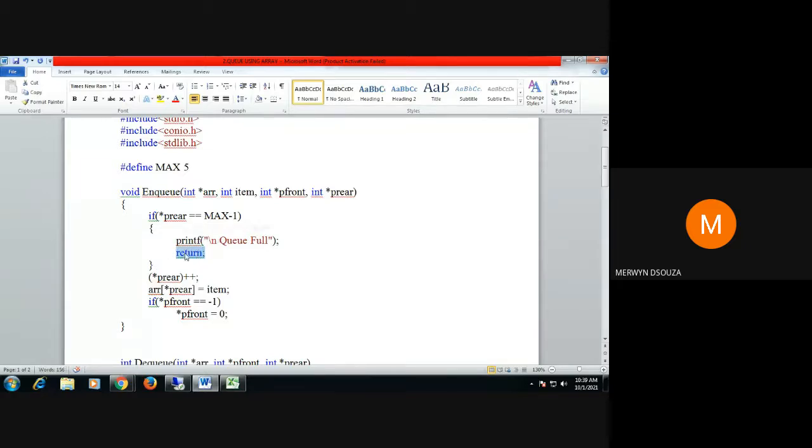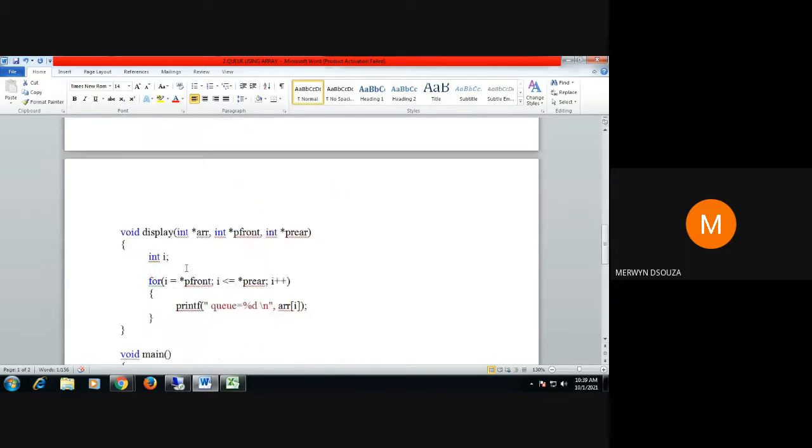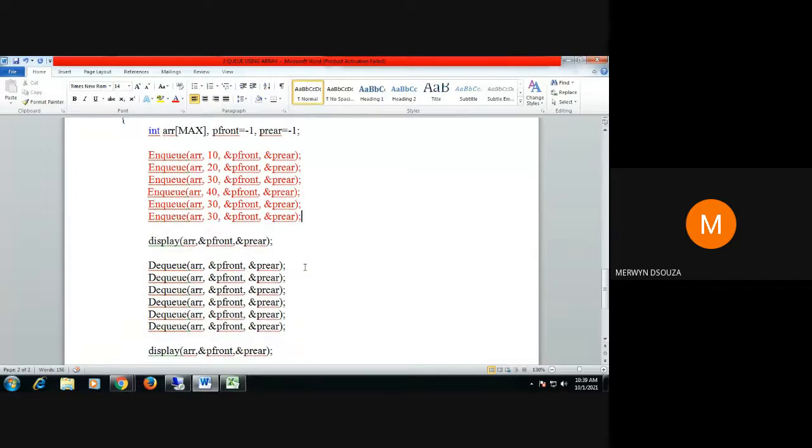What it will do? It will send your control back from this enqueue function to the main function without executing these 4 lines. So from here itself, your control comes back to the main function here. So that is what happens because of the return statement.